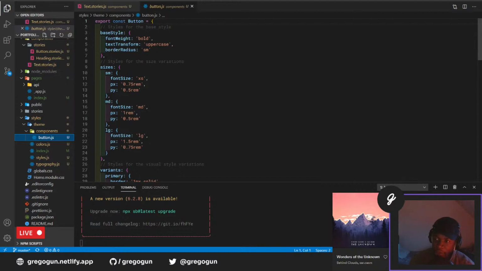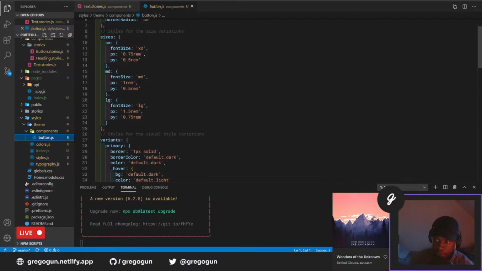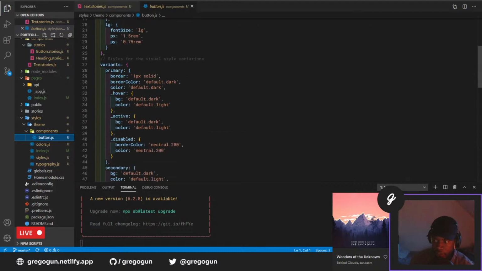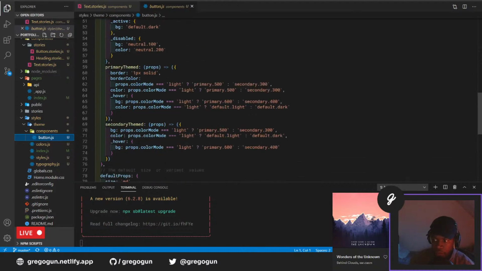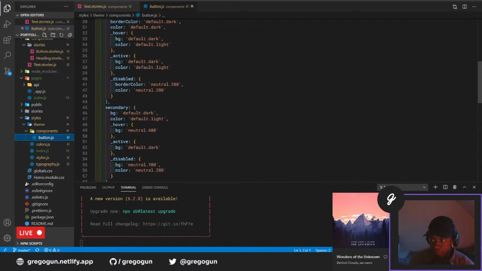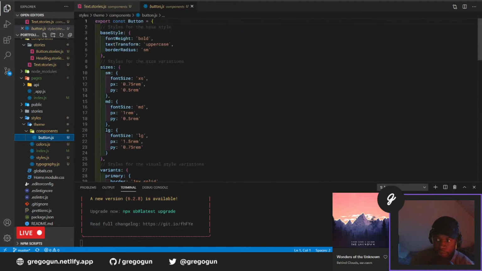What's important is we have this button object that has a couple of different things on it. So we've got base style, we've got sizes, we've got variants, and we have default props. So essentially what we're doing here is